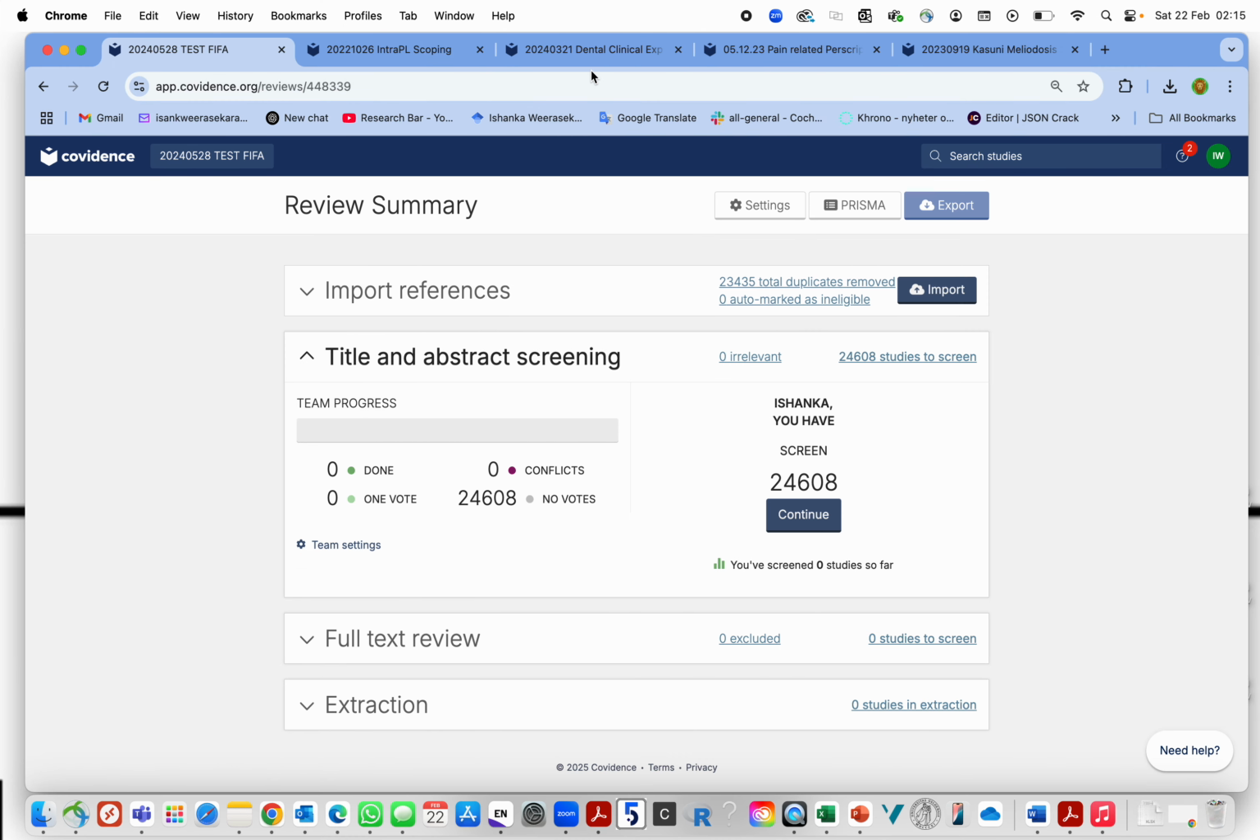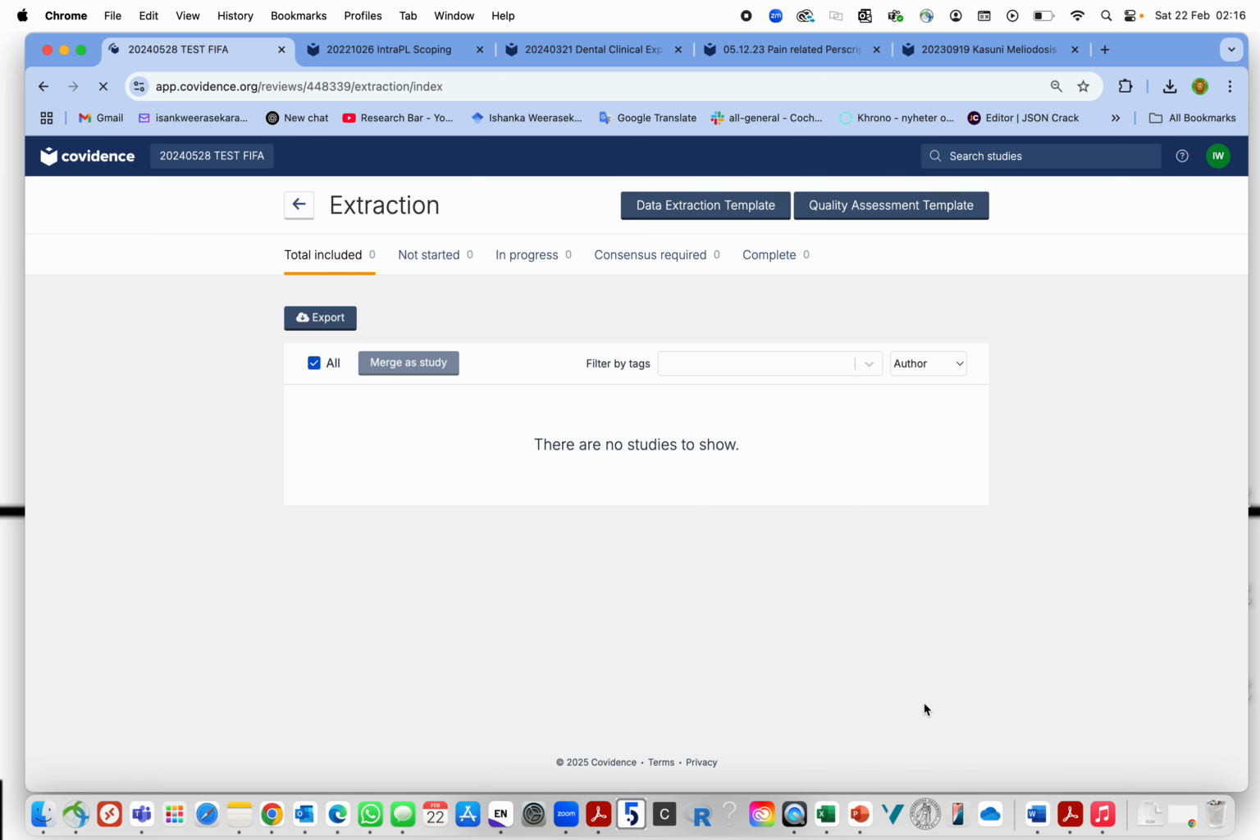So I have opened up several reviews, several reviews where you can see different steps of data extraction. So this is where it has not started extraction yet, so I'm just going to form my extraction template from the beginning. So you can see here the data extraction template, similarly quality assessment template. So I'm just going to do data extraction here,